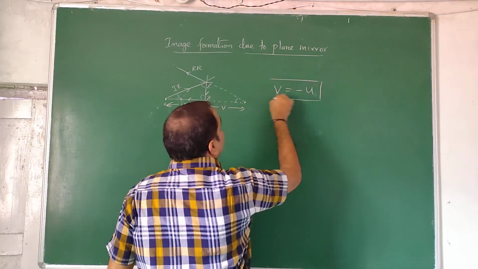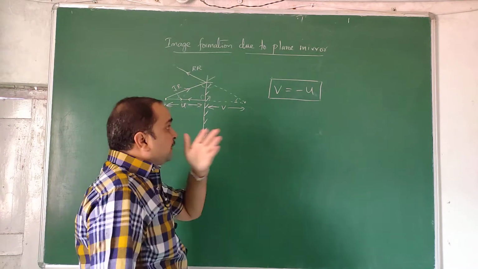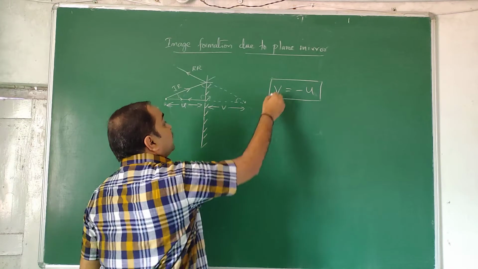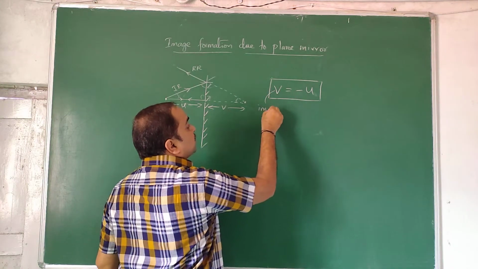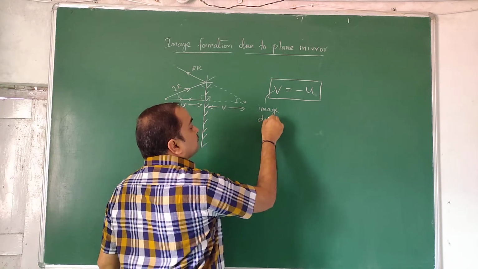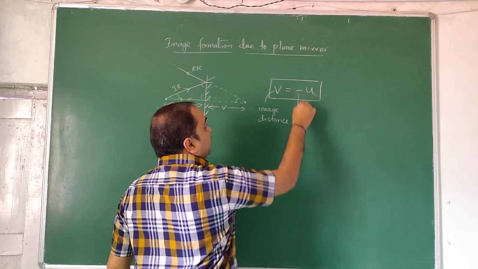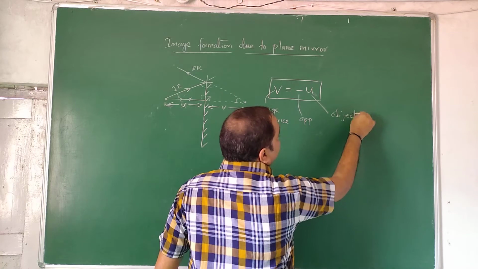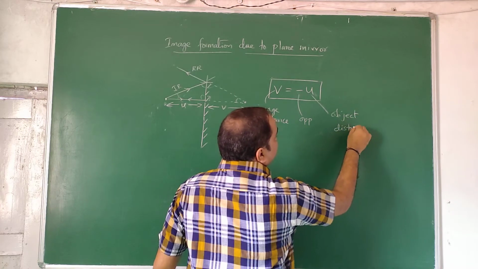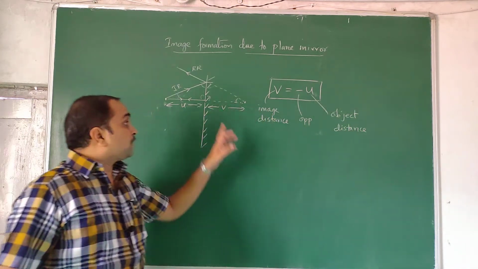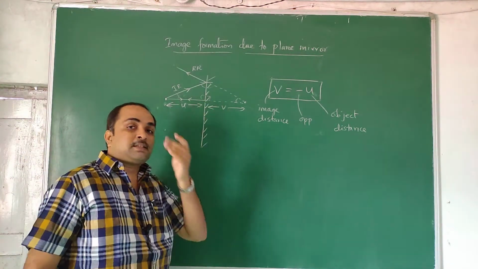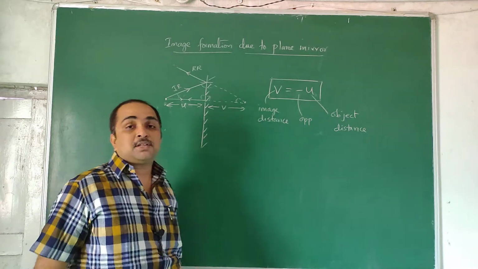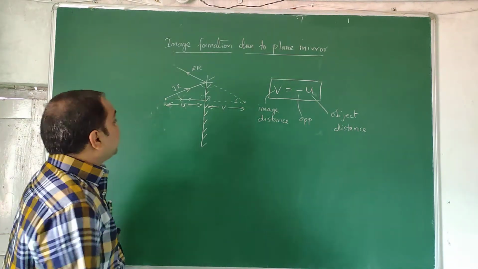This is a formula with which image distance can be calculated. This is not initial velocity, final velocity. We are not doing mechanics, we are doing optics. So this is image distance, minus is opposite, this is object distance. So from center if you start measuring, one will be one side, other will be the other side. So using that formula anytime you can get it. By knowing object distance you can find image distance, by knowing image distance you can find object distance.